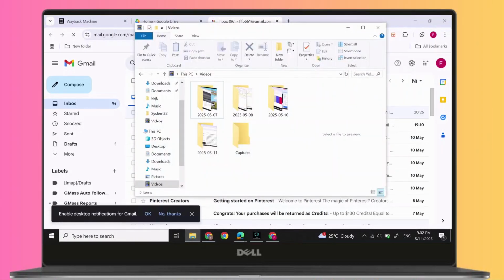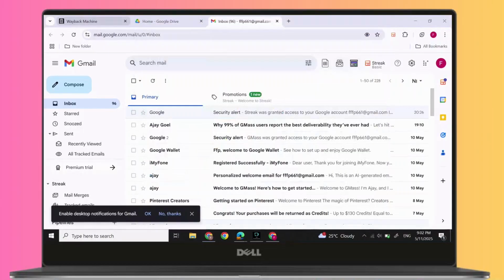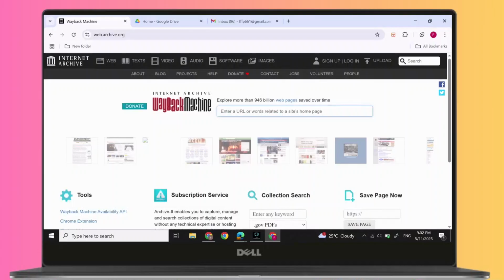Or simply open folders of your laptop and here you will be able to see if it was saved on your device. Or what you can do is simply open a tab on Chrome and search